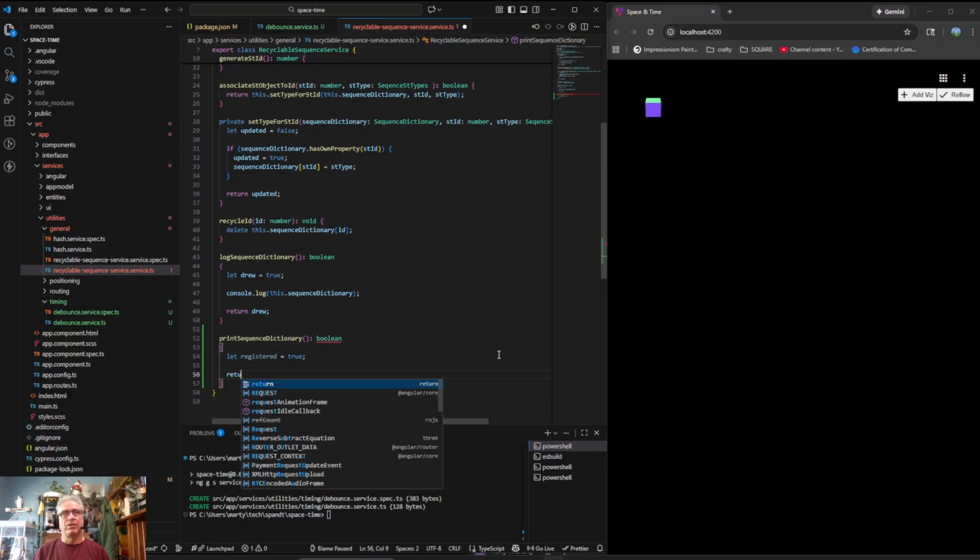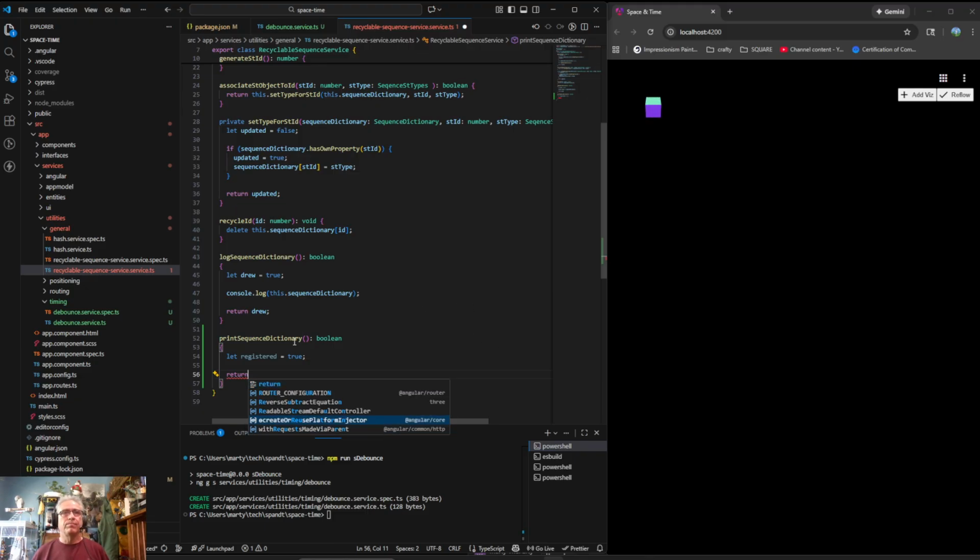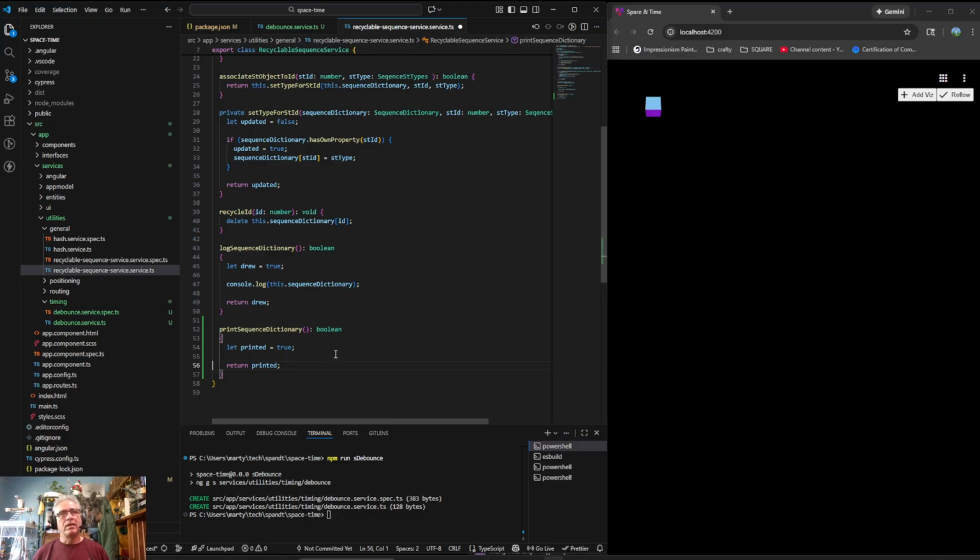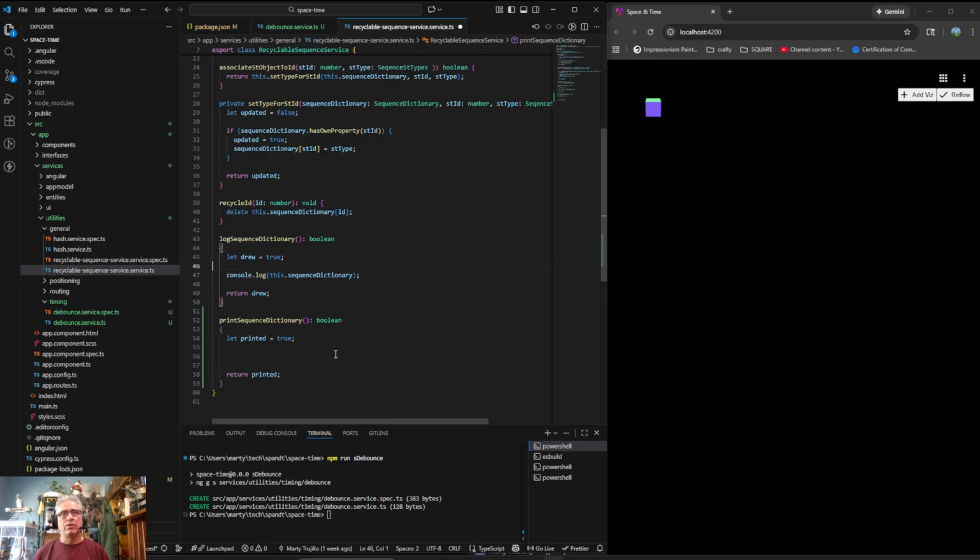Because all this thing is going to do is register it, right? Or no, this actually will print it. So let printed equals true. Return printed. And then this will do the actual console log. The only reason I'm doing it this way is because I don't want to have to go back through and change everywhere I've called this. We'll just call this, and then basically it's going to say,